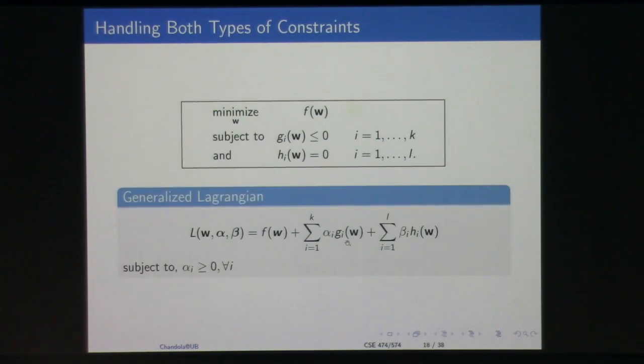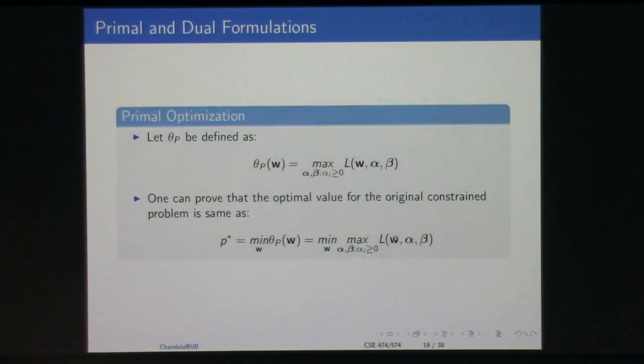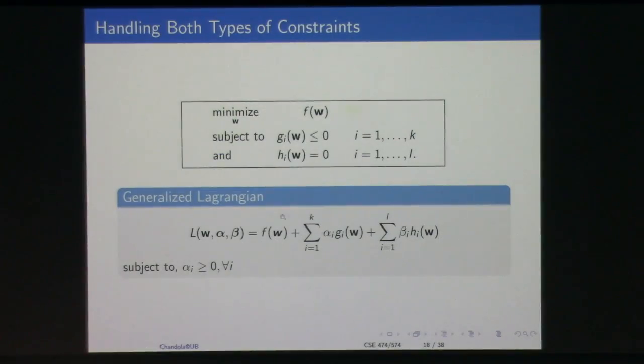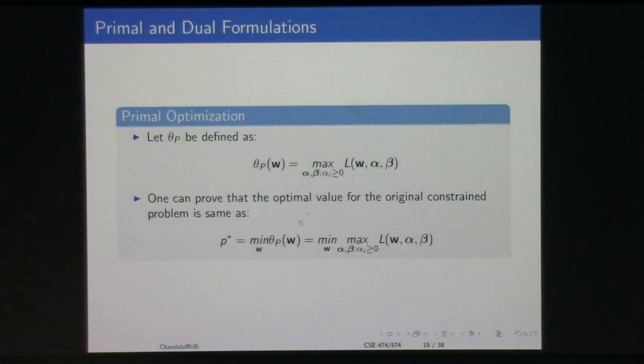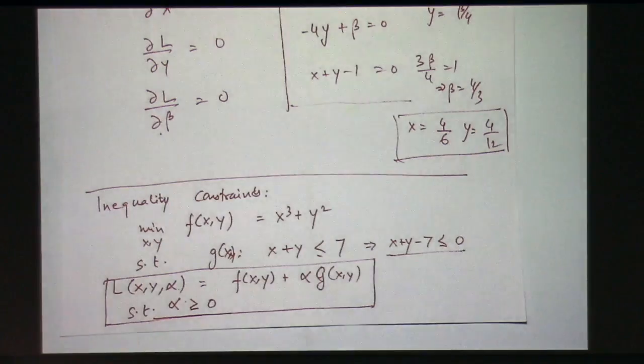This is the primal formulation. The idea is that we want to find W, alpha, and beta that minimize this whole thing. We can first maximize over all alpha and beta, and then minimize over that function for all W, and the solution that you get will be the same as if you were solving the constrained optimization problem. Just to make that point a little more clear,